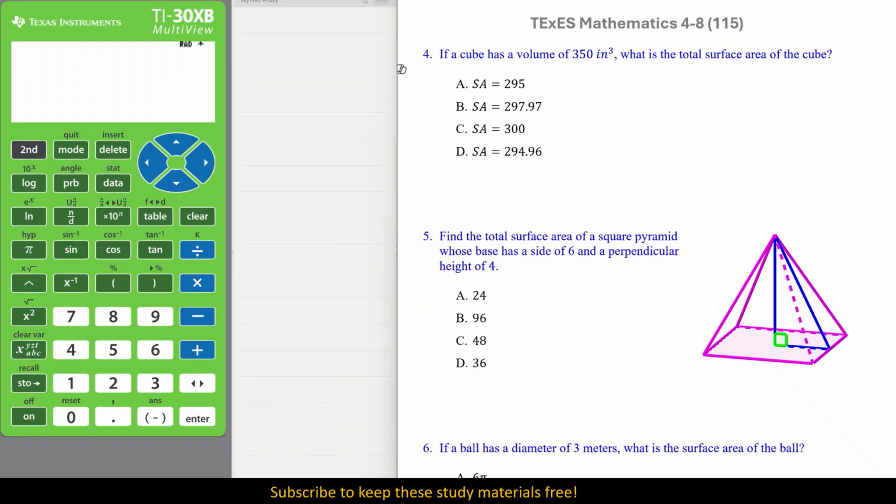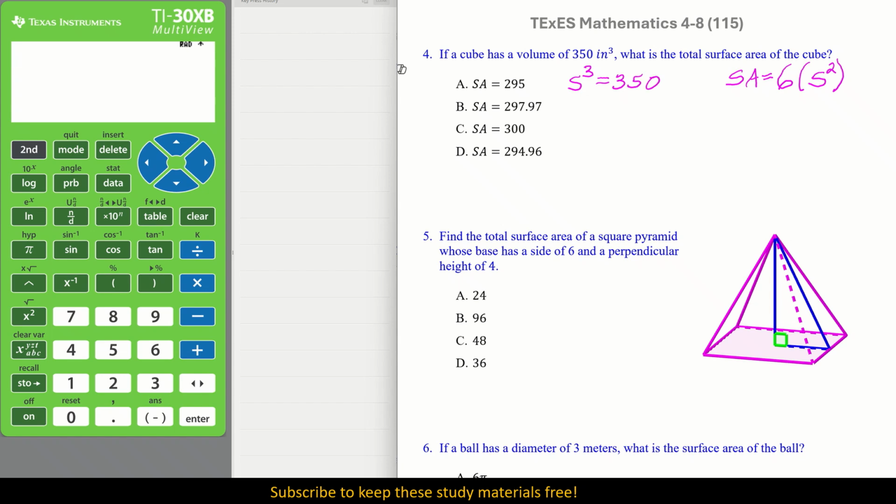Number 4, if a cube has a volume of 350 inches cubed, what is the total surface area of the cube? Well, we all know that the surface area of a cube is equal to 6 sides, 6 faces, and each face is side squared because the sides are equal, right? So it's side times side, right? Okay, but we need to know what S is. Well, we can get that very quickly. We have the volume. Well, what does volume equal? Well, volume equals side to the third because the volume would be side times side times side. Okay, and we know that equals